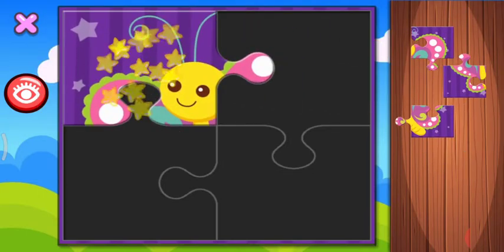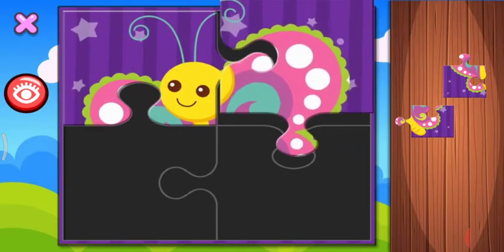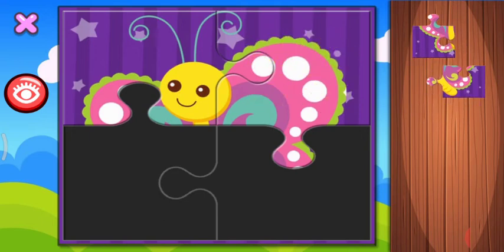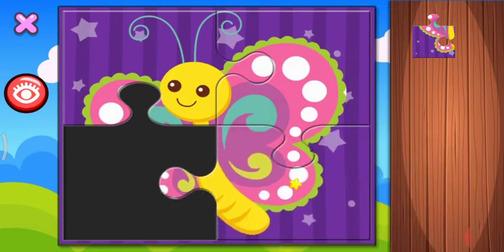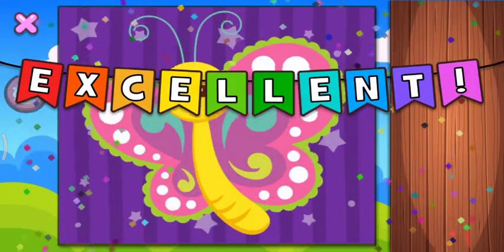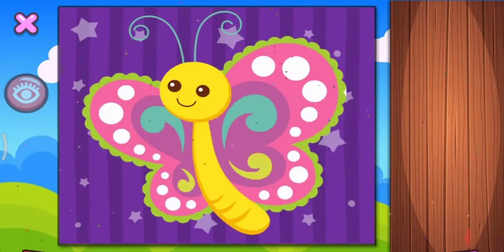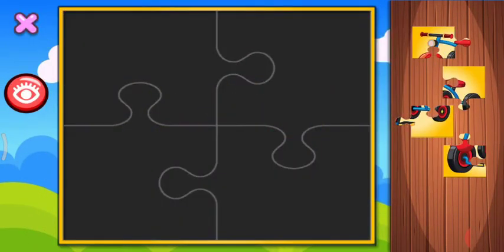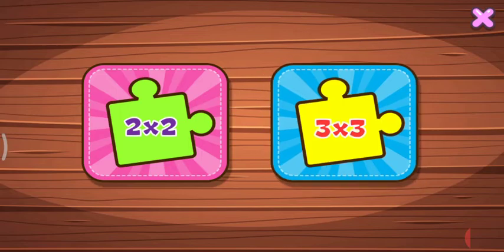Click and drop it, click and drop it. Click and drop in the correct place. Very good. Try everything, children. Let's move on to the next activity.